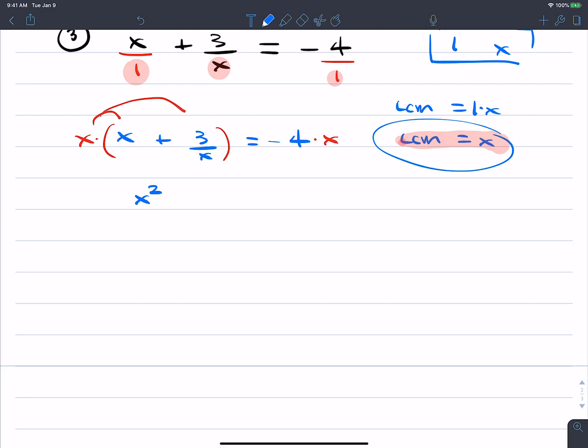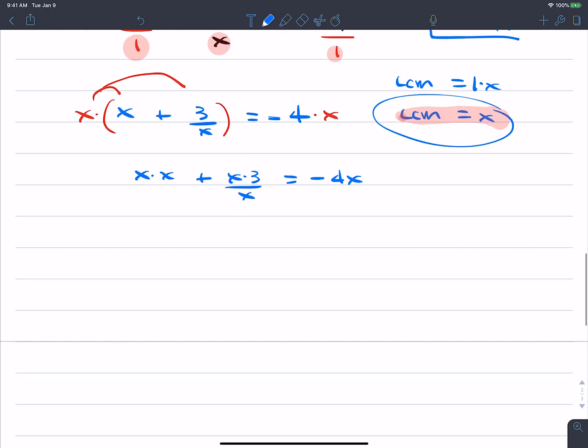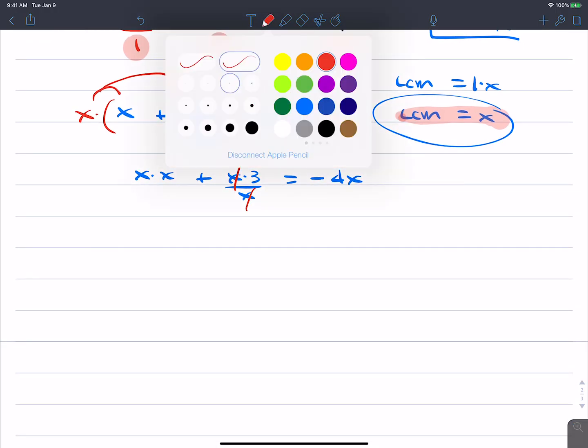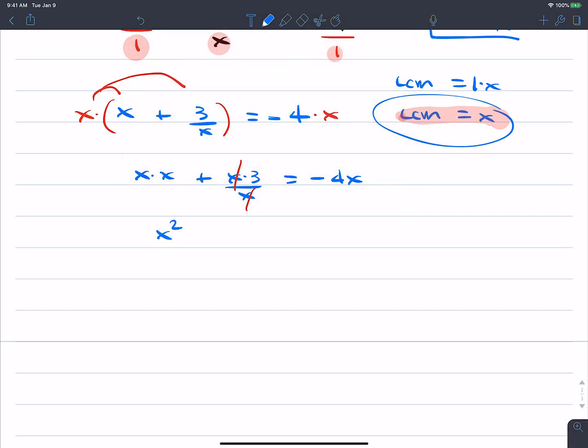Maybe you want to do every detail. Let's do every detail. x times x plus x times 3 over x. You guys okay with that? And that's just -4x. So let's simplify what we have here. The x's cancel. What do you have left? x squared plus 3 equals